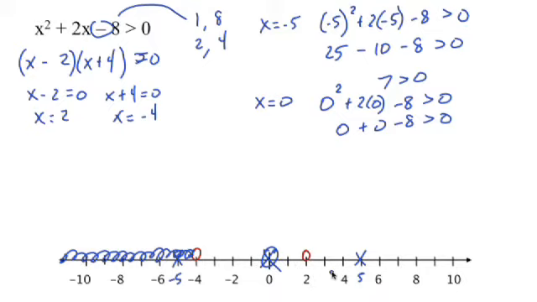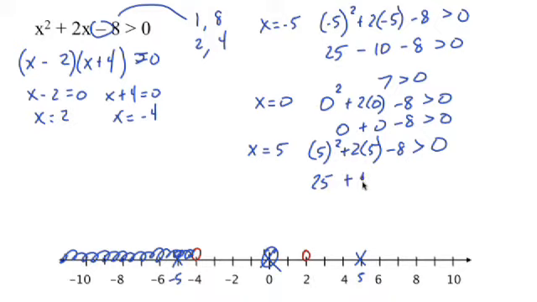And our guess is, Bill and I will tell you that this will work, but let's verify it. When you plug in the 5, you get the following, and then squaring that, 25 plus 10, take away 8. So that's 35 minus 8. Which is 27, and that's certainly true. 27 is greater than 0.